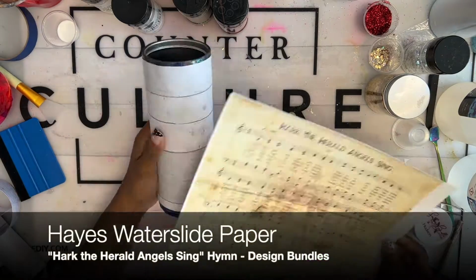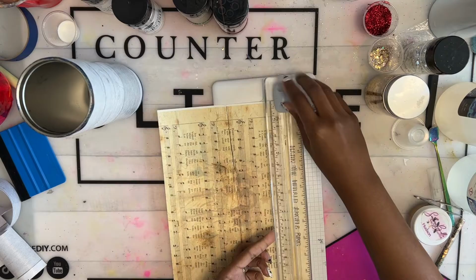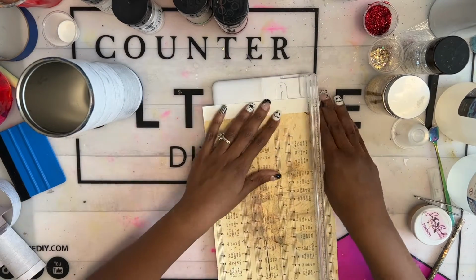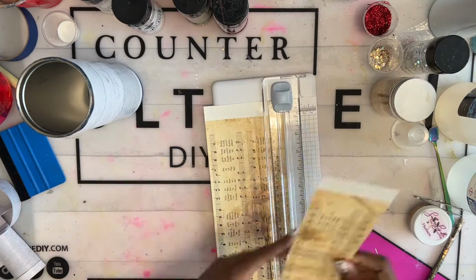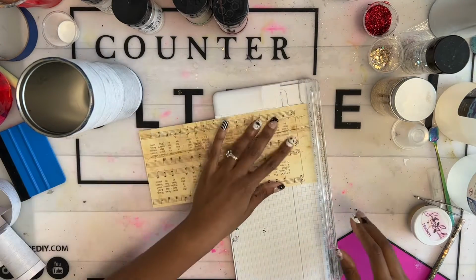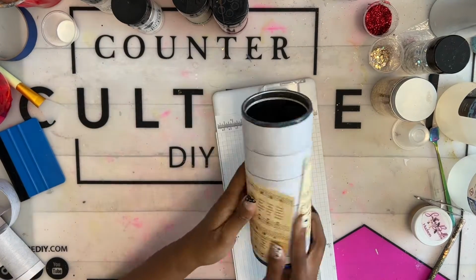I guess I'm in a classic or vintage Christmas mood, and I love how in some of those vintage designs you see sheet music in the background, so I thought I would do the same. I found some super cute vintage Christmas sheet music on designbundles.com, and I chose the song Hark the Herald Angels Sing for this design. I printed the image out on my inkjet water slide, and because it's inkjet water slide,